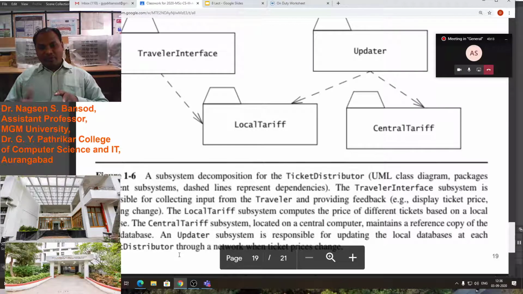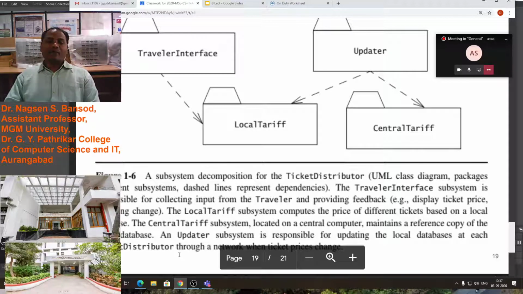The local tariff is only for that single machine: how many users are using that ATM machine. That data is the local tariff. It means how many people use that ATM machine in one day. That is all the local tariff, the local people's data. I have used that machine, you have used that machine, another person again uses that machine.